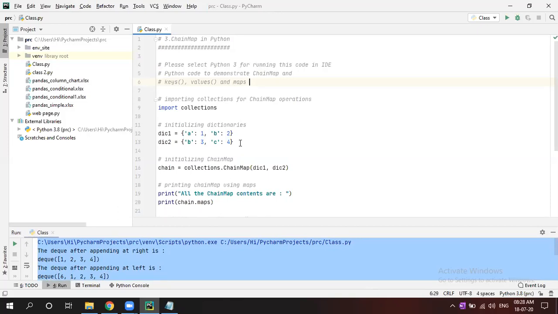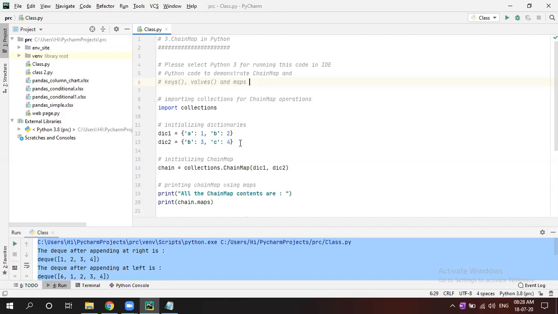Now, how to initialize a chain map? Let's say chain = collections.ChainMap(dictionary1, dictionary2). First you have to take two dictionaries, then initialize that.